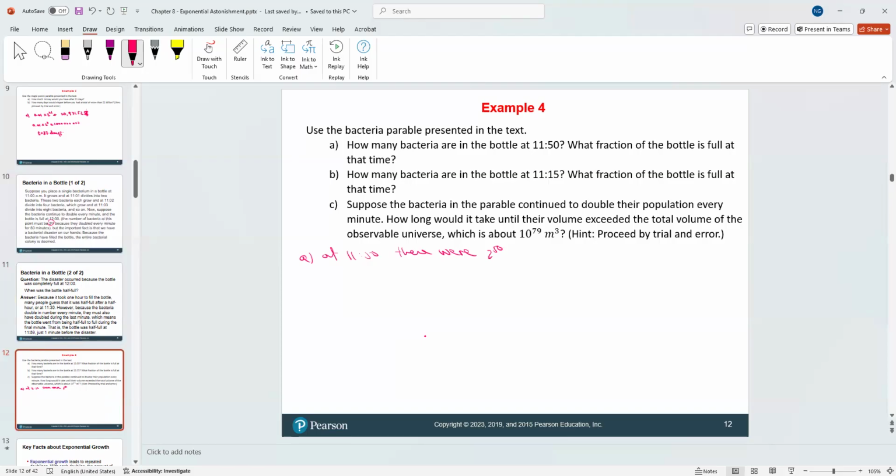So that gives you at some point such a big giant number. I believe that should give you 1.1 power 10 power 15. It's over trillions, right? Bacteria in the bottle. The bottle is full at 12 p.m. Remember, from 11 a.m. to 12 p.m., it's full. So it was half full